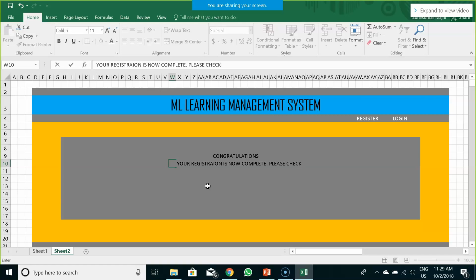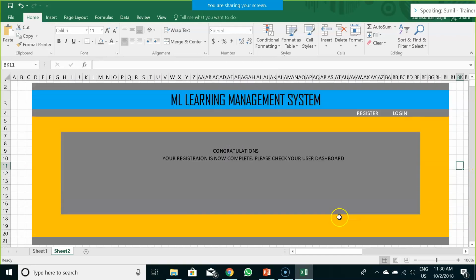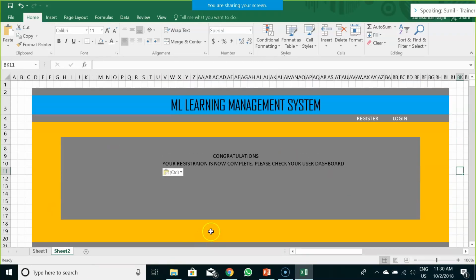Please check your user dashboard. Now we need to think a bit, from a perspective of interaction, that when a user is registered, here a dashboard should come instead of login.